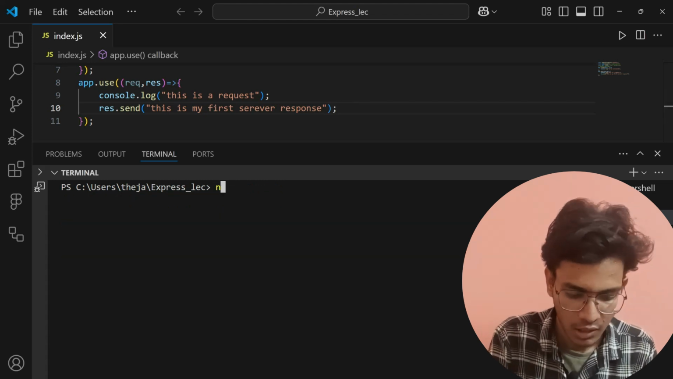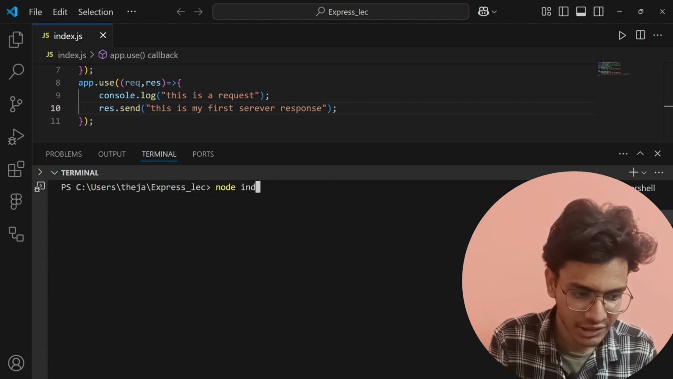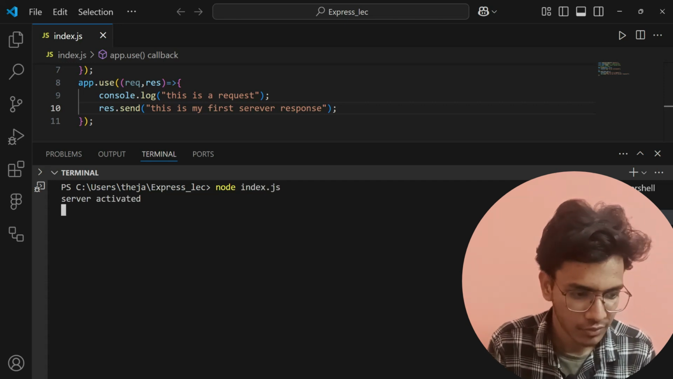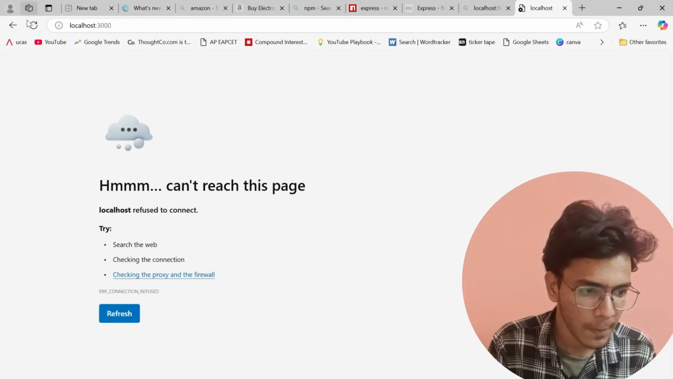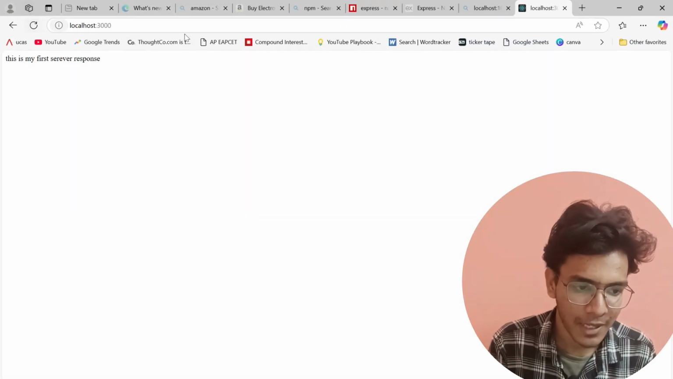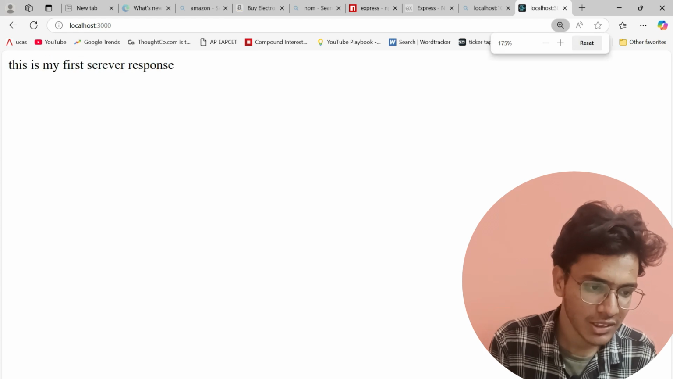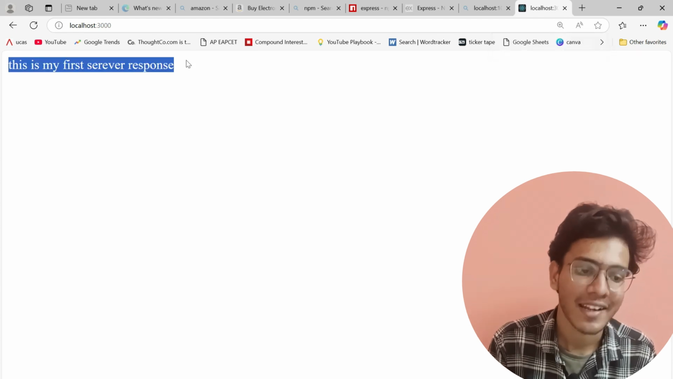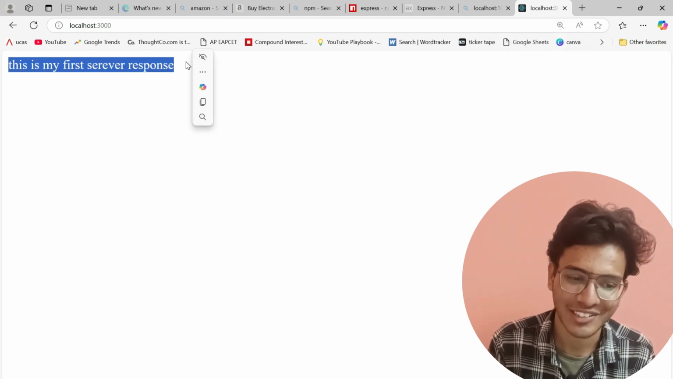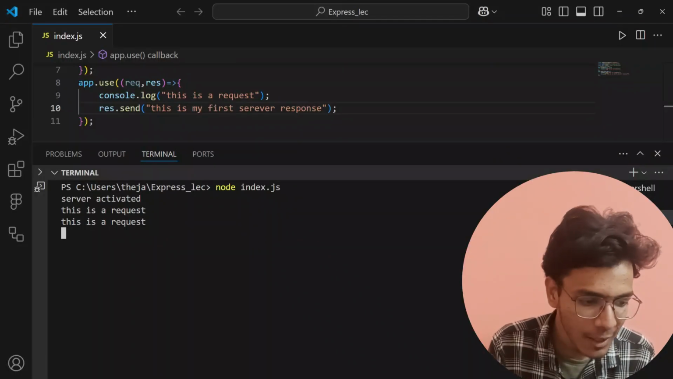Clear, node index.js. You will see the server got activated. I will refresh the page again, and you will see when the page got refreshed, I am getting a response. This is my first request, first server response, like this I am getting, and in terminal I will get this